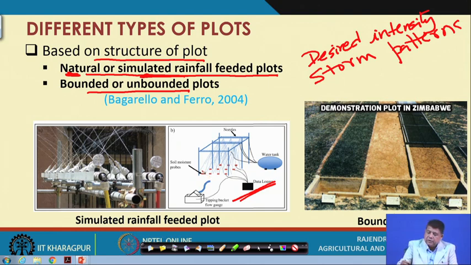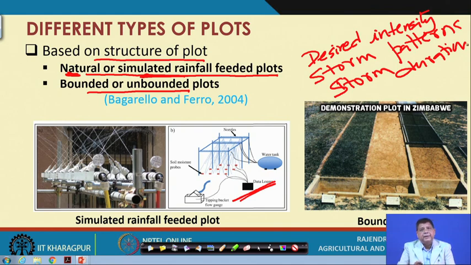Then also the storm duration is another variable which we can always capture using rainfall simulators. So, various kinds of variations are possible when we are simulating rainfall using rainfall simulators, and also because